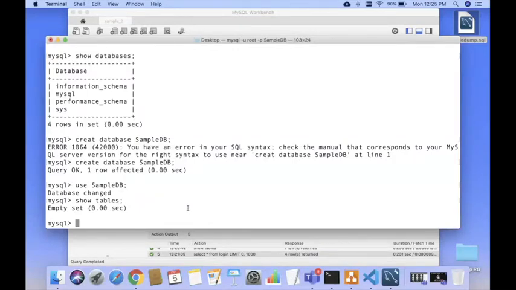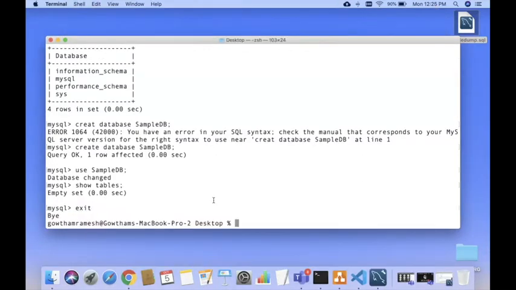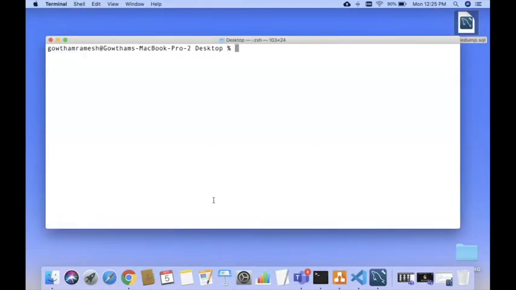Okay, now what are we going to do? Now we have a database in the AWS RDS environment. We are going to take the backup of the database, and that database we are going to move into the local system. Okay, exit from the MySQL prompt first. If you want to create a dump, of course you're supposed to use the same mysqldump command.